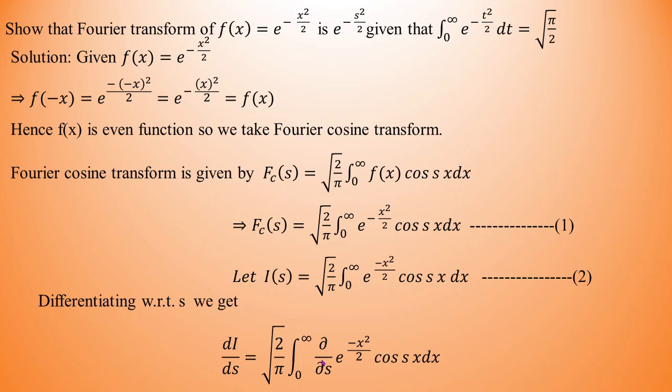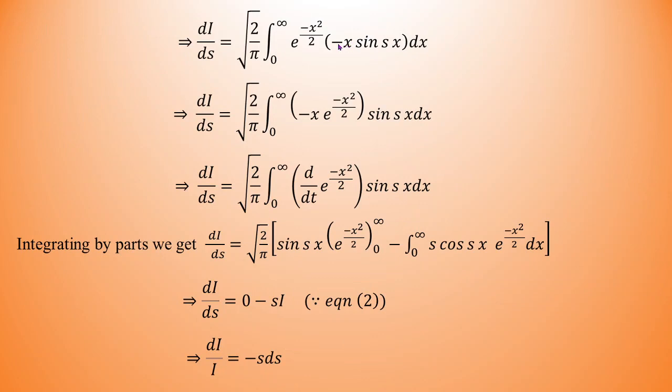Why is the first rule applicable? Because the limits are constant. So when both the limits are constant, then we apply the Leibniz first rule of differentiation under integral sign. Otherwise the second rule is applicable. So what will be its partial derivative with respect to s? Obviously this e raised to power minus x square by 2 is constant, only the term cos sx is to be differentiated. So let's differentiate. Remember, differentiation is with respect to s. So it comes out to be derivative of cos is minus sin sx, and then derivative of sx with respect to s is x.